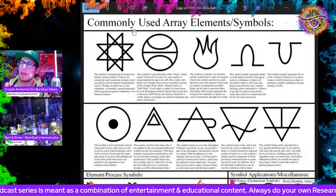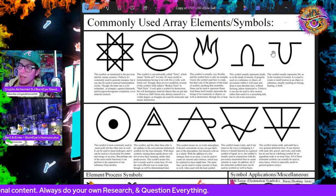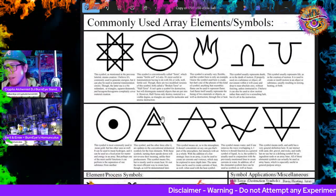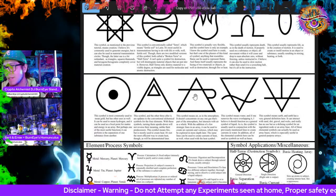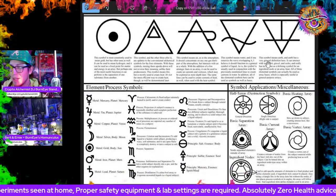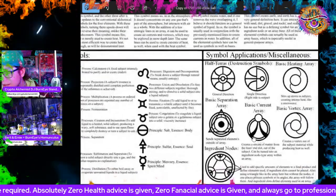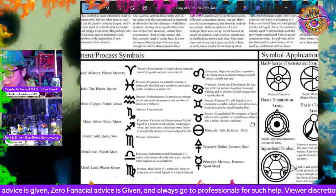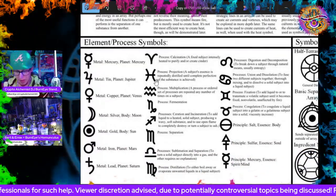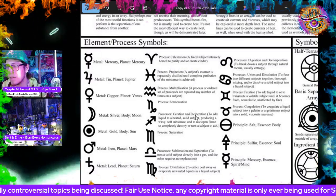And here we have commonly used array elements, symbols of alchemy, and every single one of these symbols are also symbols in electrical engineering today. Thus, they are connected. There is absolute advanced meaning within all of these, and these really, really go deep, and this series is going to go a lot deeper into explaining, decoding, and deciphering all of